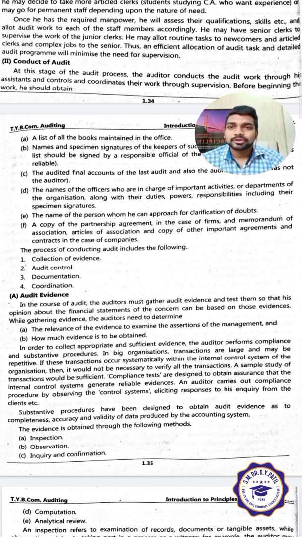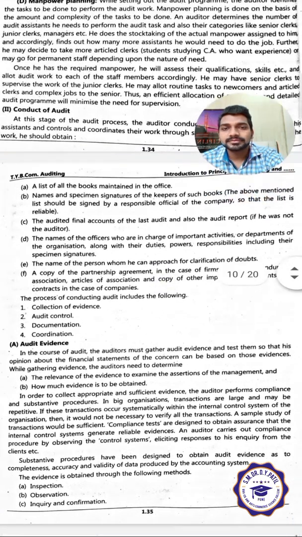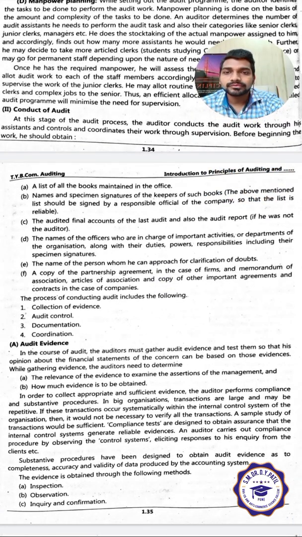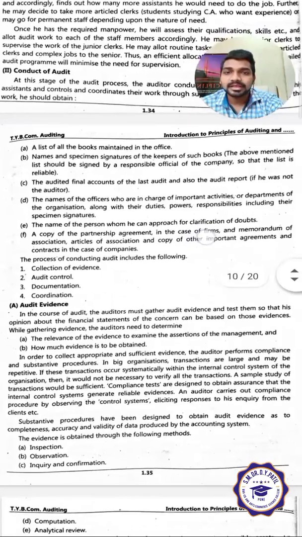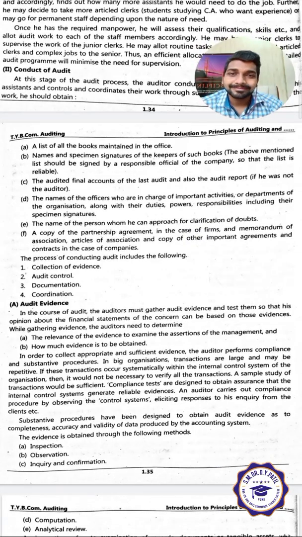So the topic is conduct of audit. Students, at this stage, in the audit process, the auditor conducts the audit work through his assistants, controls and coordinates their work through supervision. Before beginning the work, he should obtain a list of books maintained in the office, the name and specimen signature of the keeper of such books, the audited final accounts of the